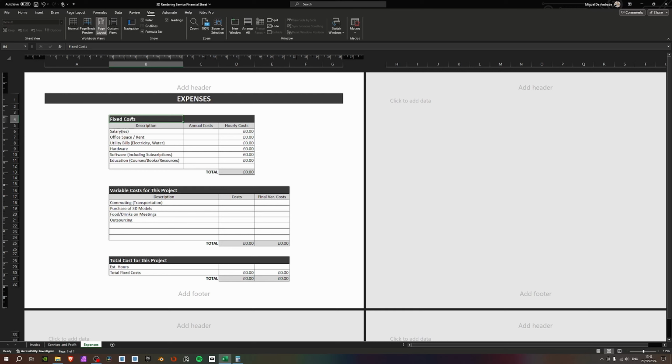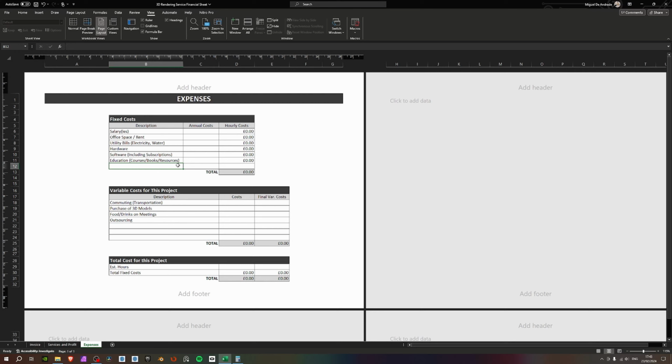So for example, how much you pay for your rent yearly, how much you pay for salaries, how much are your utility bills, or at least an estimate, the hardware, how much you're planning to spend on that year, software, education, and many other costs where you think, hey, I know roughly how much I'm going to spend this year, so I can just put it in there, and that's going to give me my